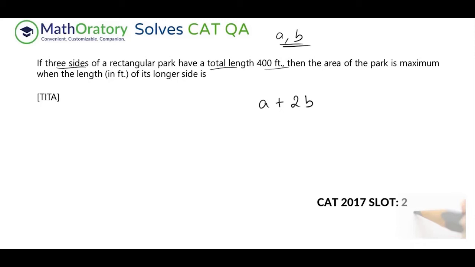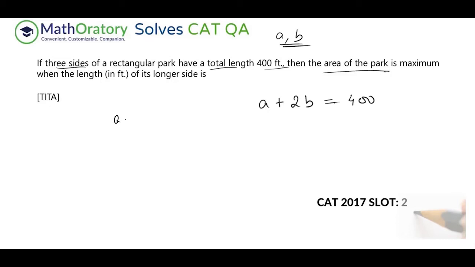So I can now consider any one of the sides counted twice. Because effectively, whenever you're counting two sides, you can either count these two and this, or that is these two and this. So it could be either way around, and I don't care about it as of now. So I'll just consider this as A and B. So A plus 2B is basically equal to 400, right? So 400 feet or something. Okay, so this is given. Let me just draw this equal to sign properly. So A plus 2B is 400, and we're trying to maximize the area of the park.